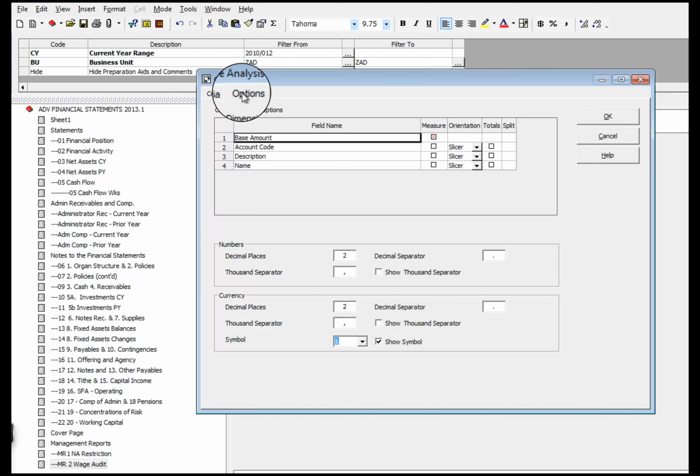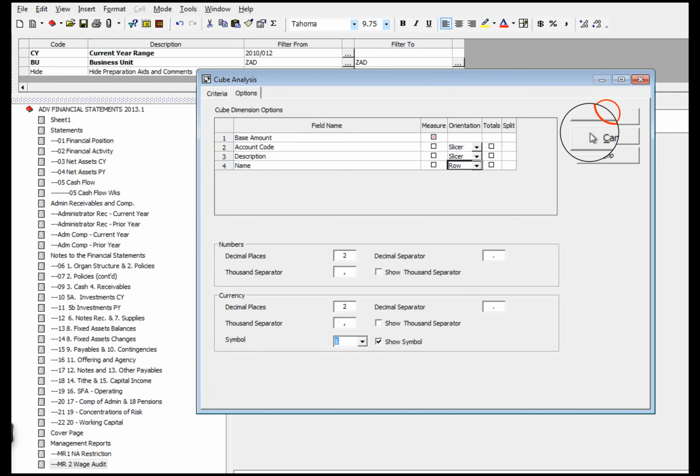I click the options tab right there, and it defaulted that I'm measuring the base amount, and I want the who to be the account code, to be not account code. We'll come back to that in a minute. We want the name to be the rows, okay?